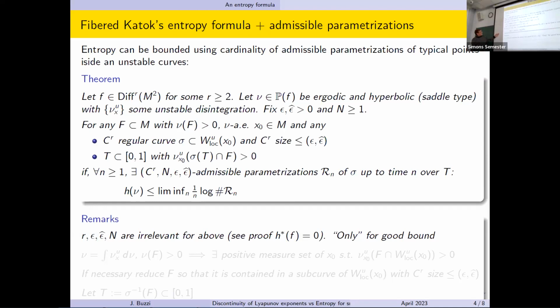Yeah, this is true for R equals to 2. I mean, you need Pearson theory. This is true for R equals to 2. But if we just assume F to be a C2, then we won't be able to get a very good estimate on the number of this. So it's what I tried to say in this first remark, that here we don't have to take, for this abstract statement, without saying what is the growth rate, we don't care about all these Yomdin type parameters. Okay, it's just that we are going to apply it to a CR curve